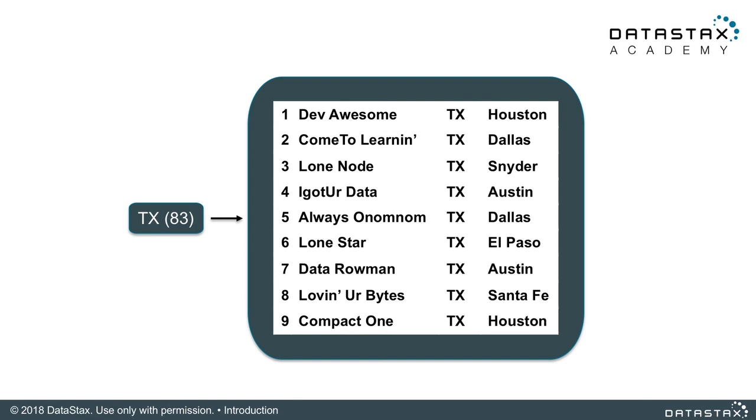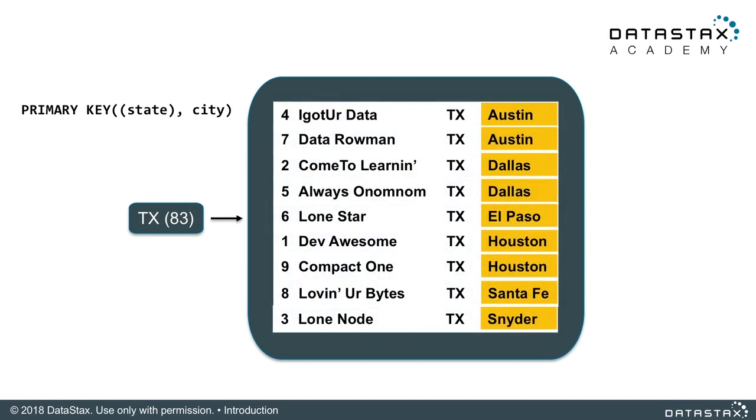Now, the primary key, again, controls uniqueness. In this case, we're going to add that clustering column for city. This means that we want to make sure that the city is being used to sort all the data from Texas. So in this case, with city being the sort order, in ascending, that means it goes from A to Z in Texas. So all that partition data is ordered properly. So this is an order based on city.